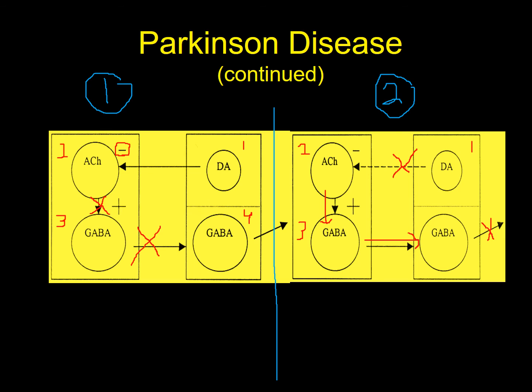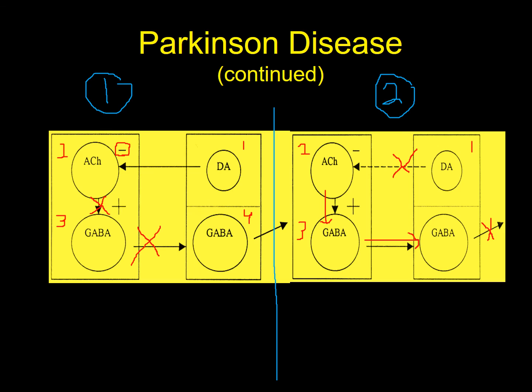Again, in the normal patient, number 1, you have enough dopamine. Dopamine inhibits acetylcholine. Acetylcholine is not released. It does not excite number 3 GABA. If you don't excite number 3, GABA is not released. You don't inhibit number 4. Number 4 releases GABA into general circulation, and you have some inhibition of skeletal muscle contraction, which is as it